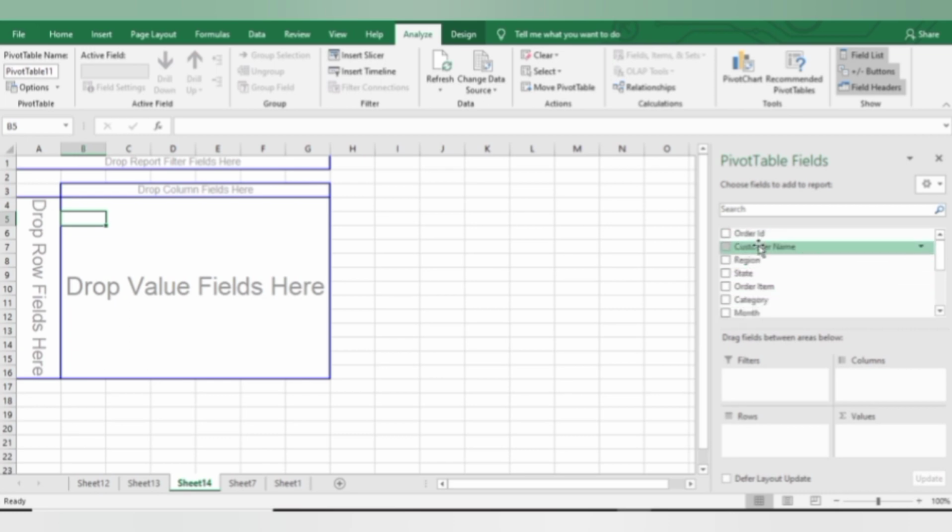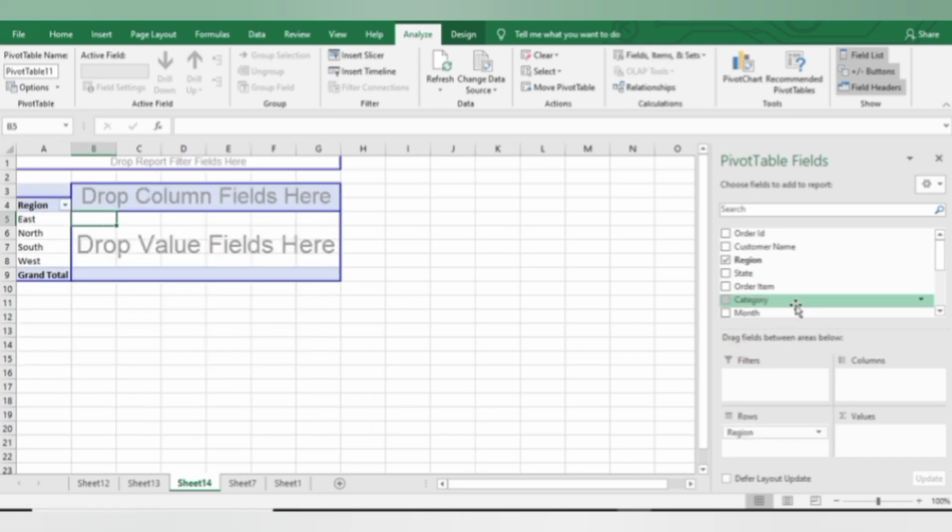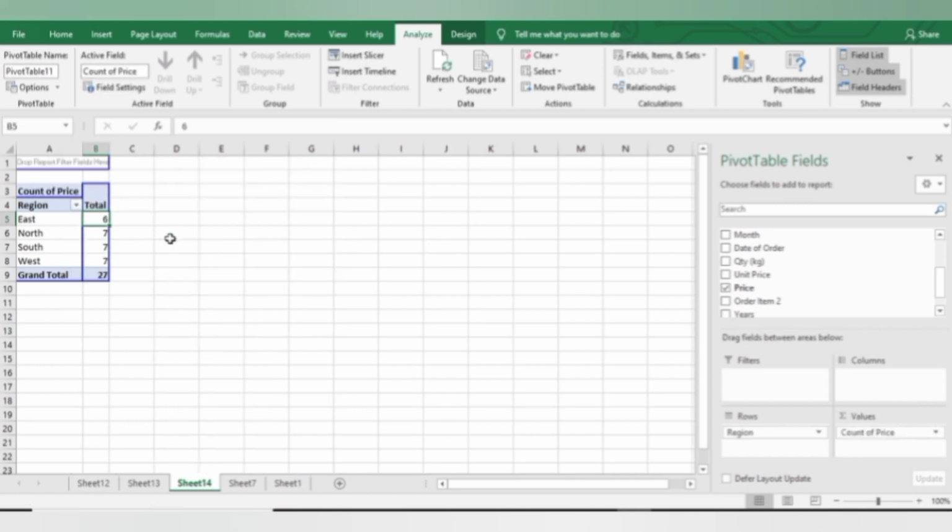If I want regions in the row field, then simply click, drag and drop the region here. And now if I want my prices in the values field or in the columns field, then again click, drag and drop your prices like this. So this is how you can use your classic pivot table layout.